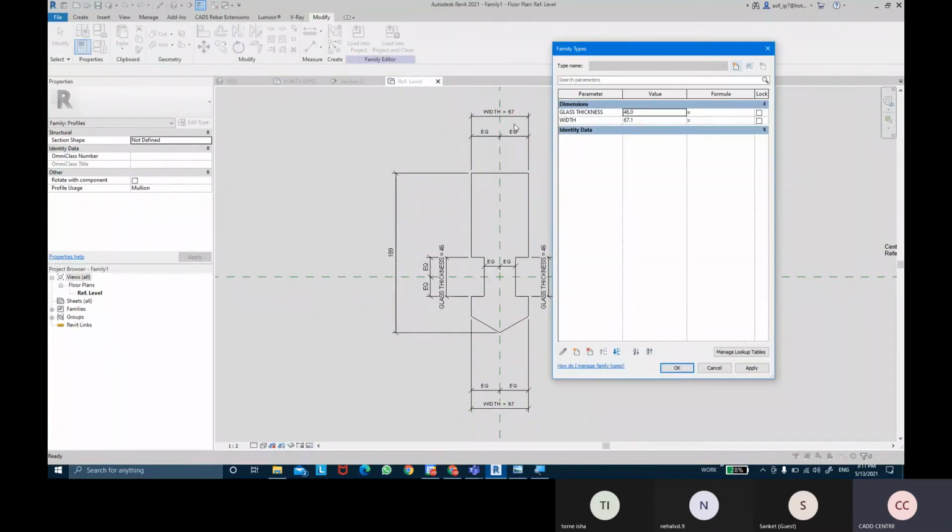Control the width of these and the glass thickness as well.